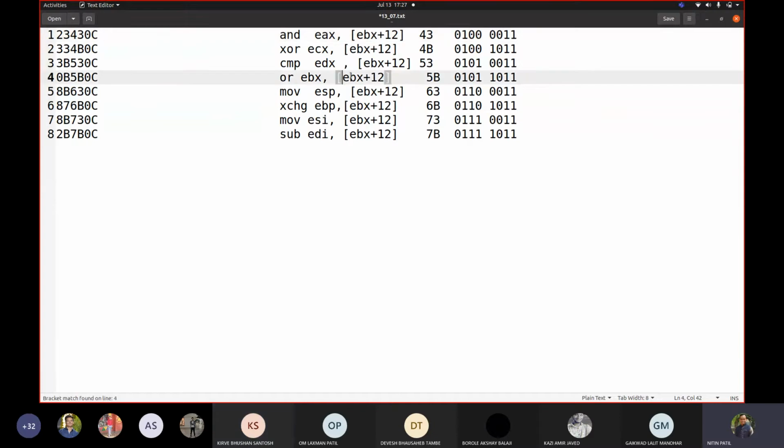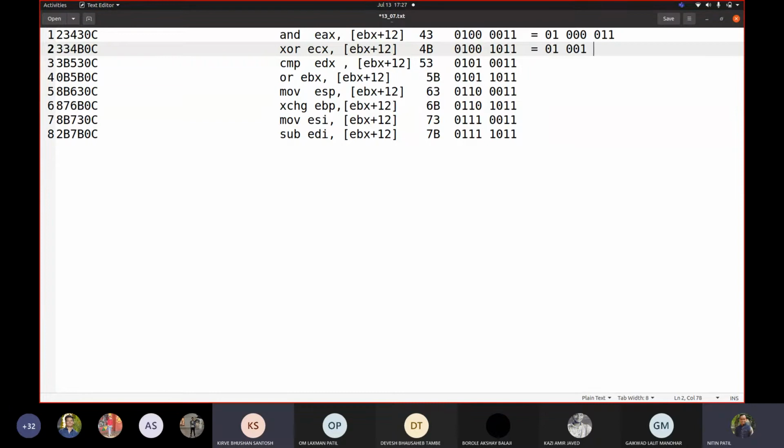Now we have to group this according to the ModRM byte. What does the ModRM byte suggest? The ModRM byte would be like this: 0 1 0 0 0 0 1 1. If you see, 0 1 1 is common for all of them, correct? Because we have taken EBX there for each and every instruction. Can you see that?